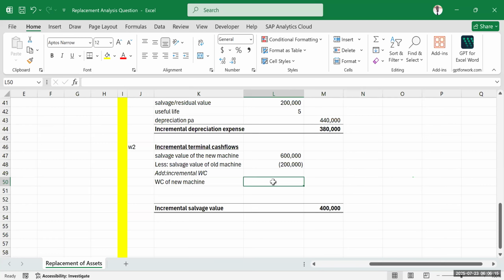That amount, whatever it is, you will compare with the working capital of the old machine, because remember, whatever working capital you invest at the start, you recover it in the end. And it is that bit that you are recovering that affects our terminal cash flows. So that's why we are bringing it at this point. So you compare again the working capital